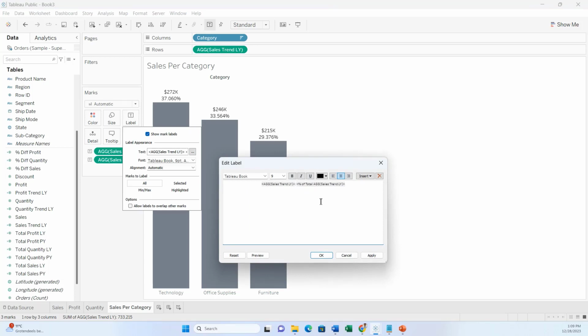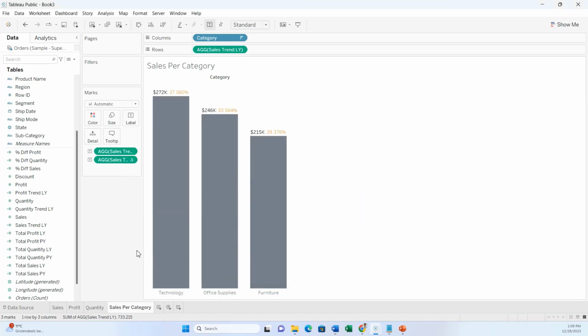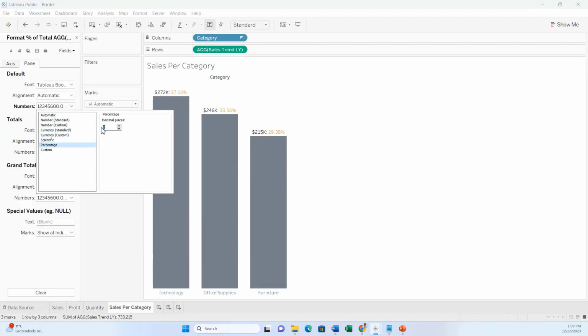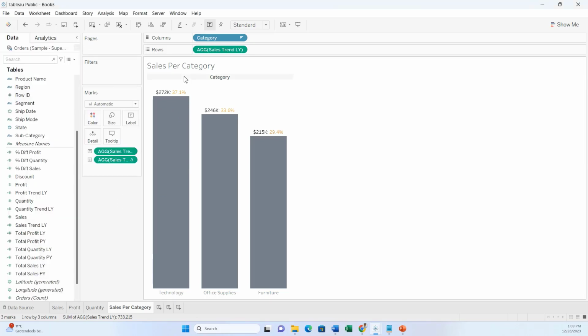So we bring it side by side and maybe change the color to yellow. So now let's format it a bit better, and instead of 2 digits we can just make it 1. So now we see that we have the sales per category. We can just hide the label. So now we have the sales per category, and then we go back to our